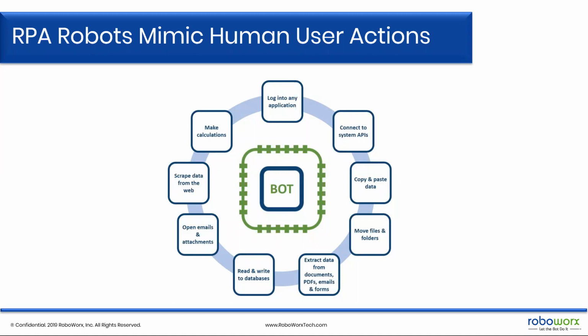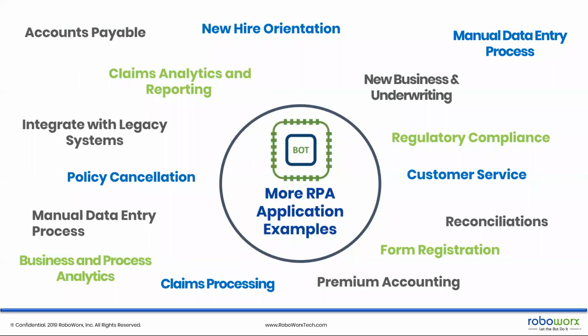The robot can still do it, but one way that we define the bots is through simple versus complex. So that's what the bot does 24/7, 365. And there are so many examples of what the robot can accomplish. You can't even cite them all, because as I talk to customers and prospects in different departments about their particular pain point, or what problem they're trying to solve, and they learn about RPA, they say, hey, maybe the robot can help with that. But these are some of the more common ones.